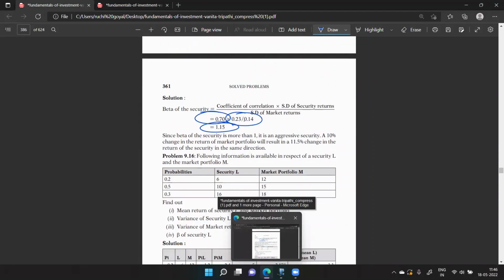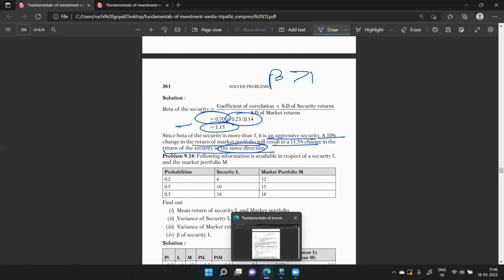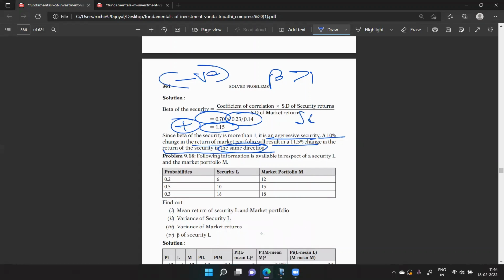Conclusion, very important, beta is more than 1, right? It is an aggressive security. A 10% change in return of a market portfolio will result in 11.5% change in the return of the security in the same direction. Why did I write same direction? Because it is a positive beta. अगर ये मेरा नेगेटिव बीटा होता तो मेरी ऑपोजिट डायरेक्शन में मूवमेंट हो रही होती, ठीक है।